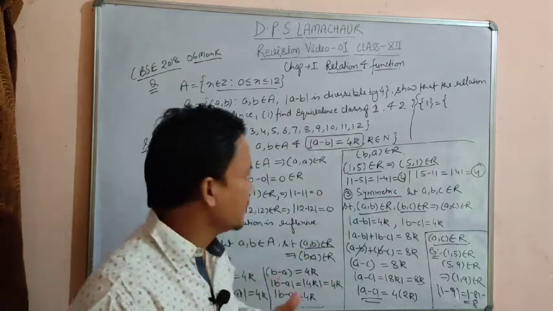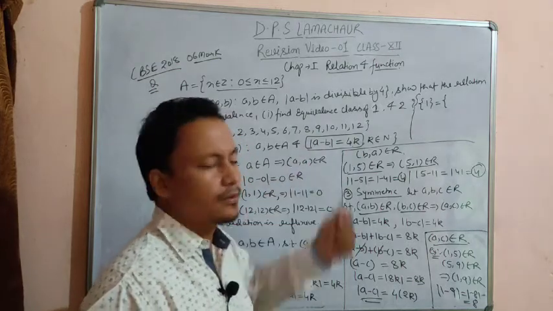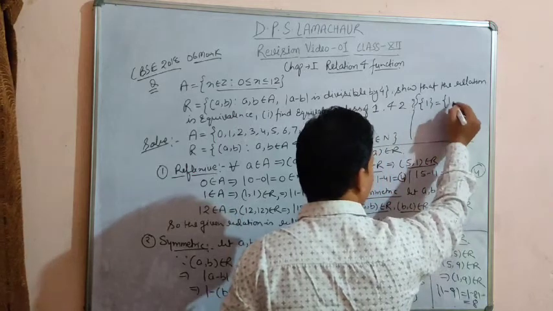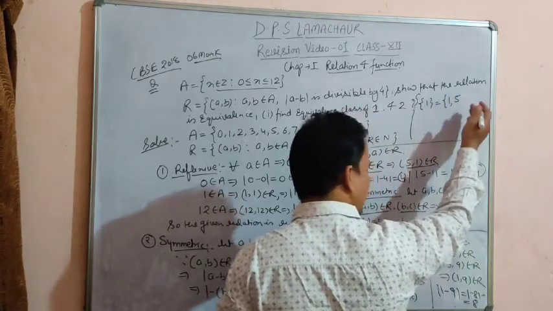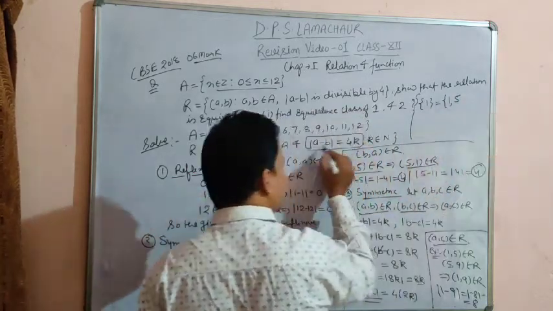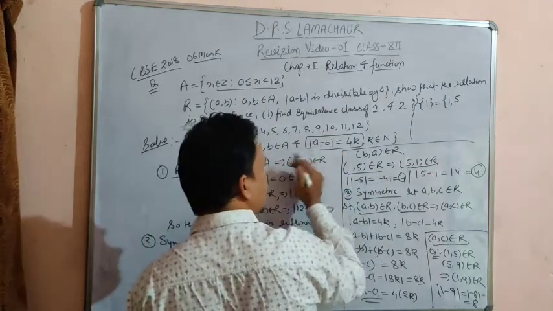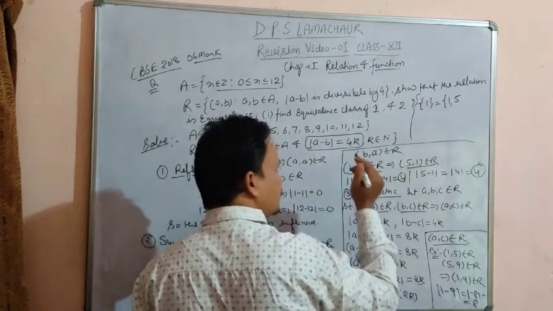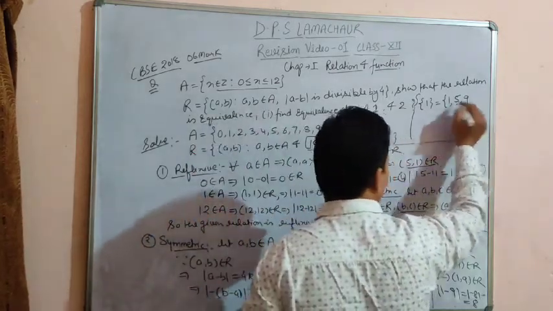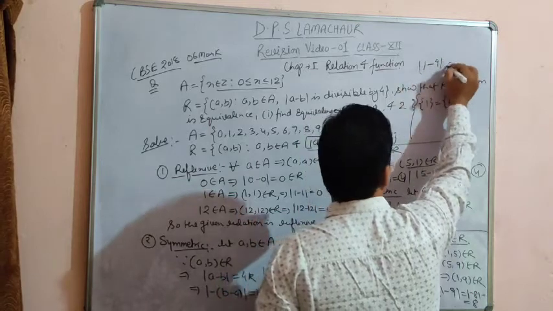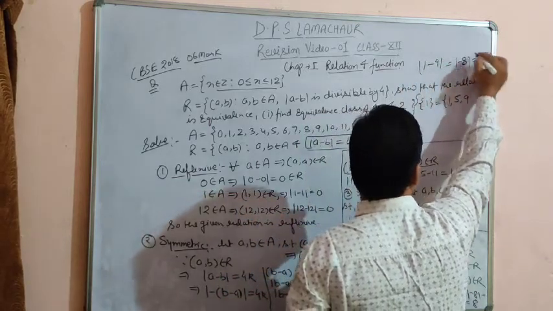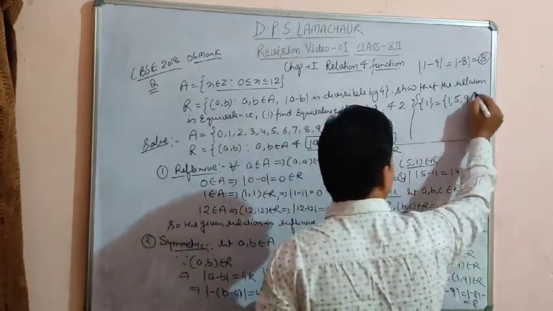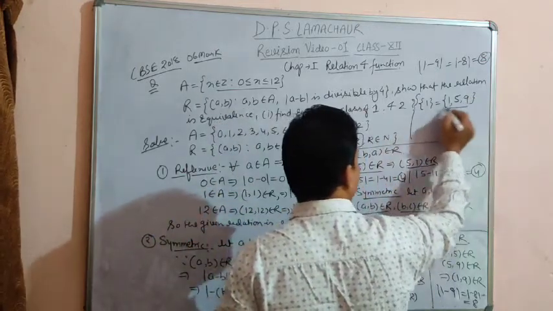So which elements will be related to 1, following this relation? One will be 1 itself because 1 minus 1 is 0 and 0 is a multiple of 4. The second will be 5 because 1 minus 5 is minus 4, and coming out of the modulus it will give just plus 4, and 4 is a multiple of 4. And next it will be 9 because 1 minus 9 is minus 8, that is 8. 8 is a multiple of 4. Okay, and can any other be formed? No, up to 12 no other can be formed. So 1, 5, 9 will be the equivalence class related to 1.